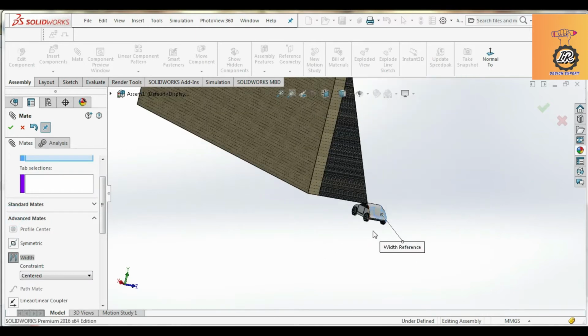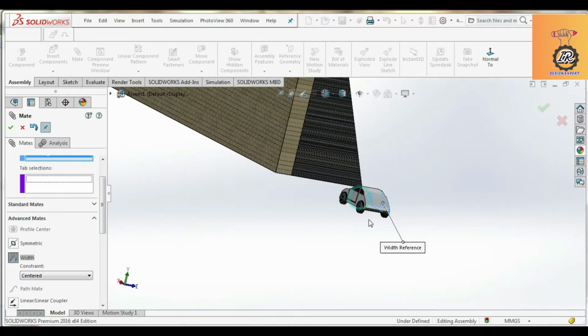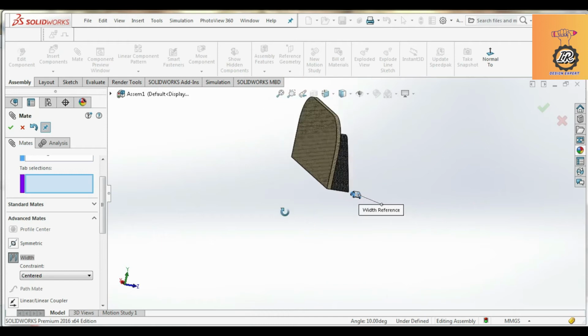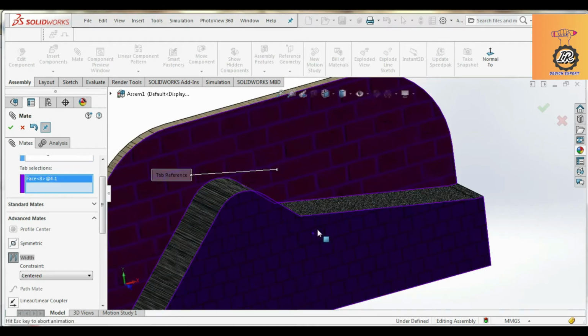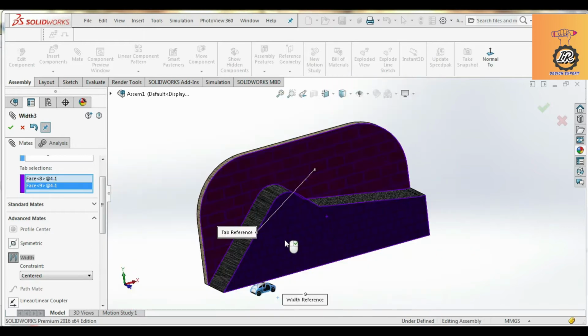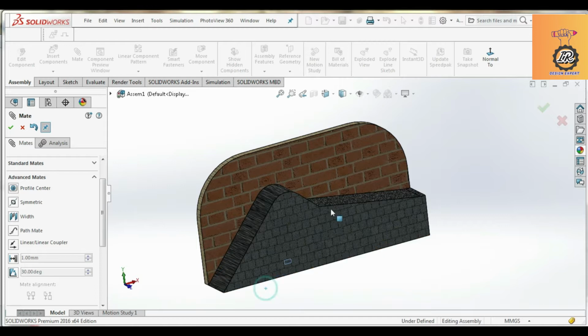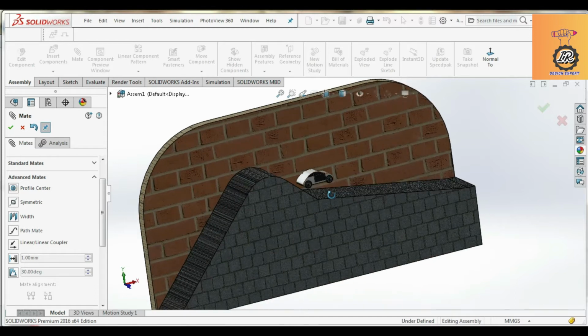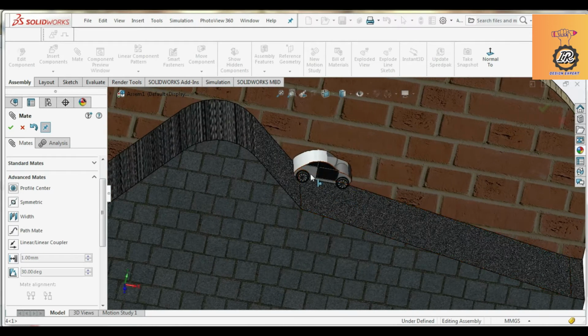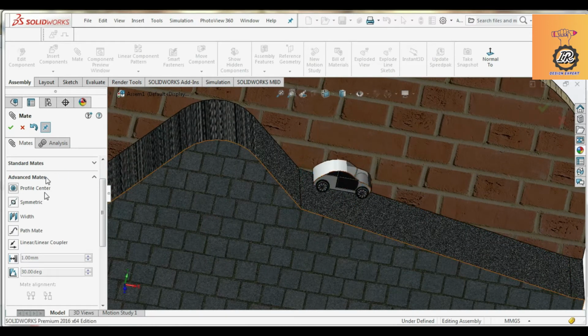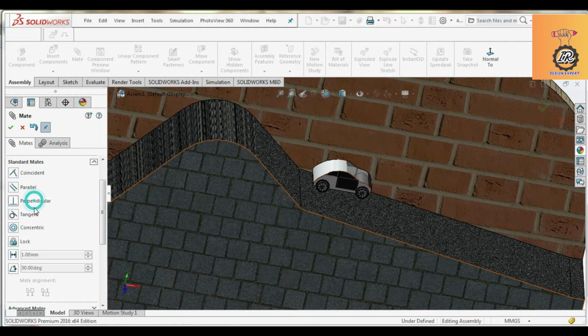Going to select another advanced width mate. Select both sides of the car and then both sides of the slope building. Okay, it should be mated, and it can be dragged and located at the exact position of the car, here.